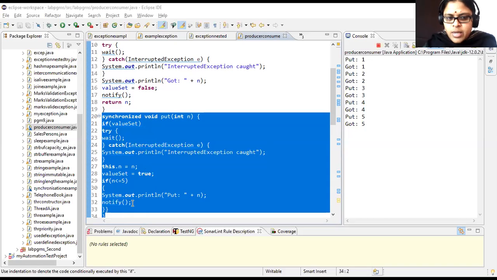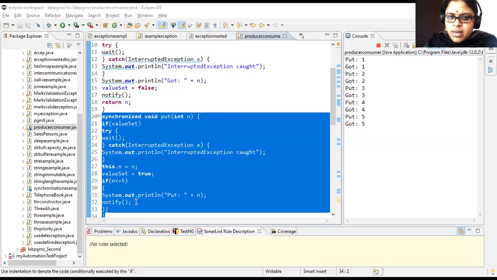See, earlier, when we were discussing your thread states, I told you that a thread will jump from running state to blocked state because of various reasons. What was one of the reasons? There is wait, right? Because of wait, your thread will go to the blocked state. And when does your thread on wait come back to the runnable state? When you give a notify statement. So with wait and notify is how we will be doing synchronization here.